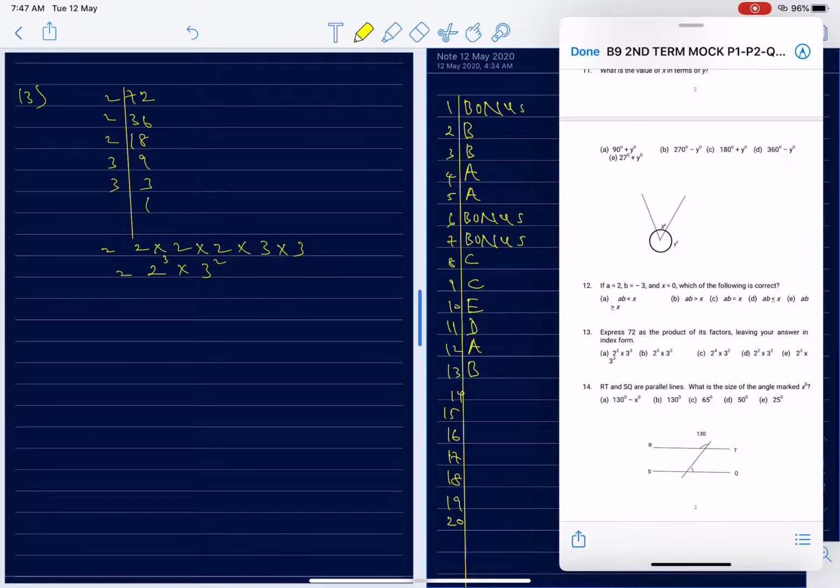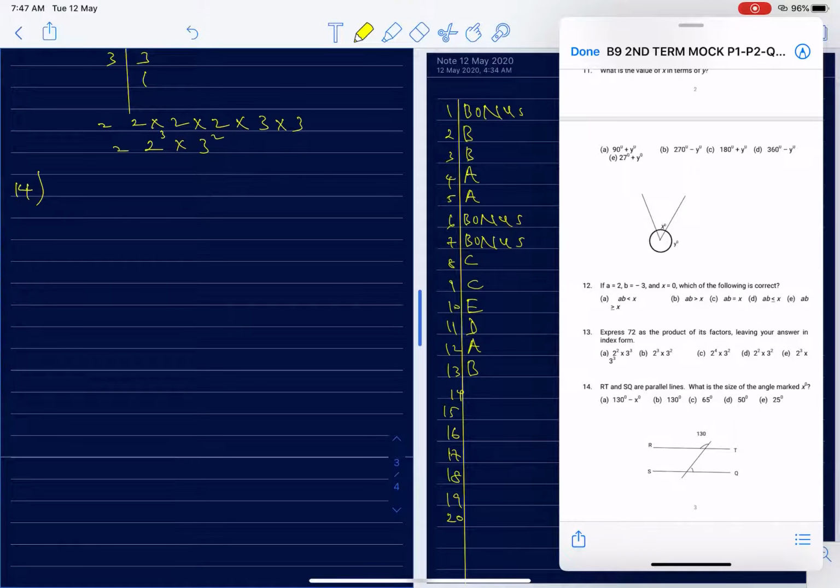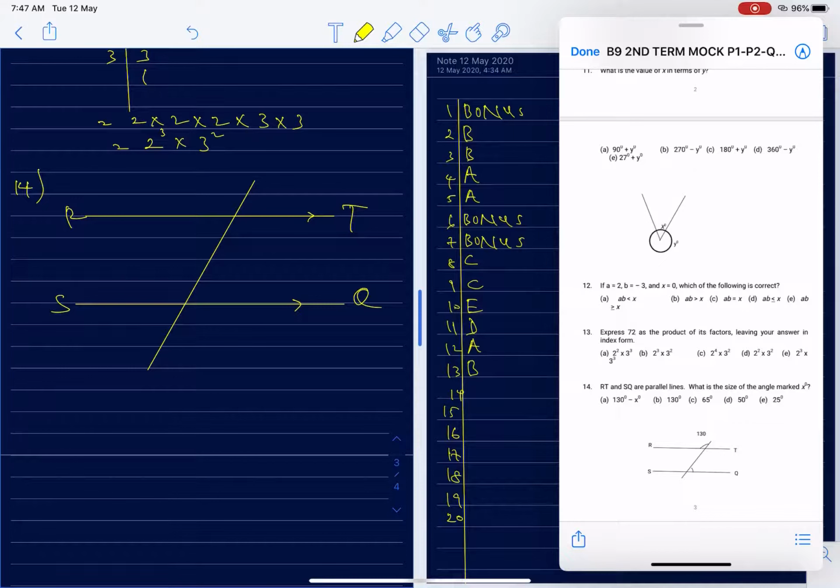RT and SQ are parallel lines. What is the size of the angle X degrees? That's number 14. Let's have a diagram. Let's put the diagram here. There's a transversal here across the parallel lines. These lines are parallel. RT and SQ are parallel lines. This is 130 degrees,